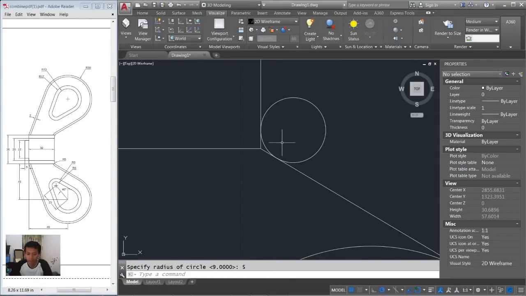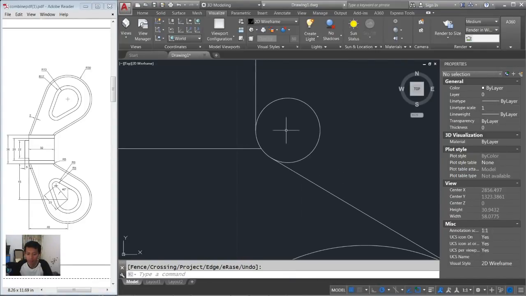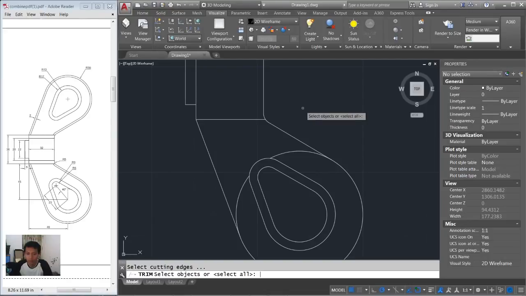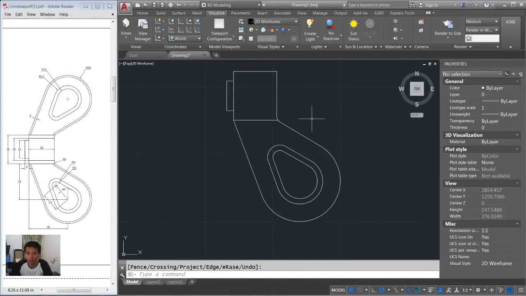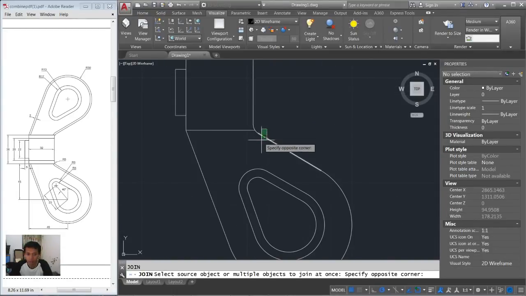Okay, and you can use trim command to cut this line, and you can press shift button and click this line object to active extend command. Okay, enter to finish. I will trim these circles. Okay, next we trim again in here, and then I will use join command to join this object,